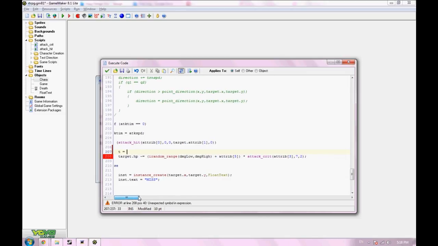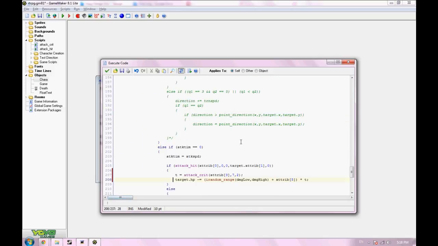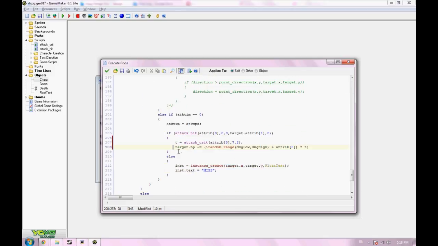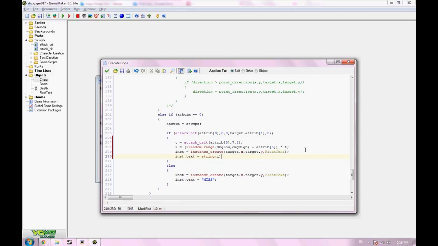So let's make it do this. T equals tac crit times T. Oh crap, maybe I'll go ahead and use I. I'm not using it anywhere else right now, am I? It should be fine. So instead of target HP, we'll say I is equal to that, so now that's the damage done. And we'll say inst equals instance create, target.x, target.y, float text. We'll say inst.text equals string I there, and if